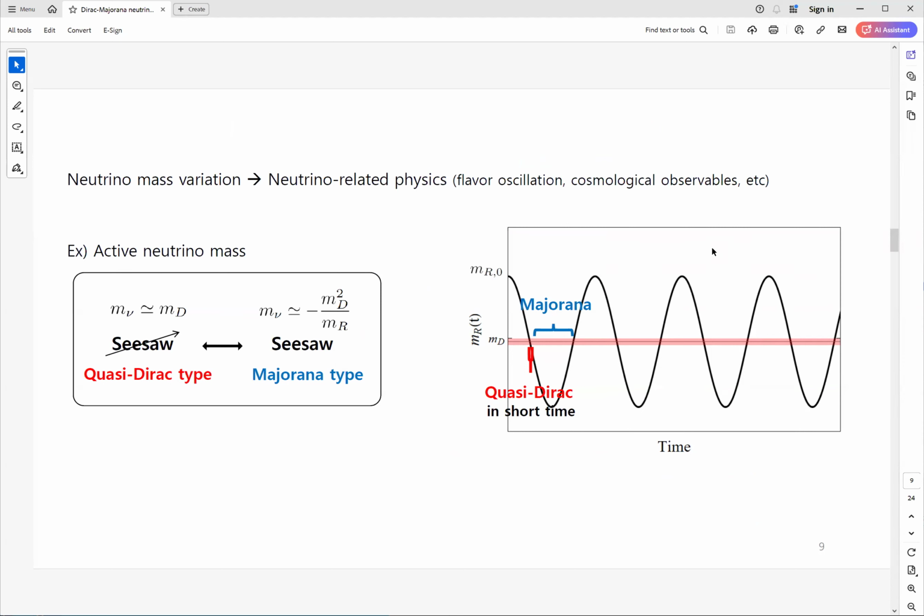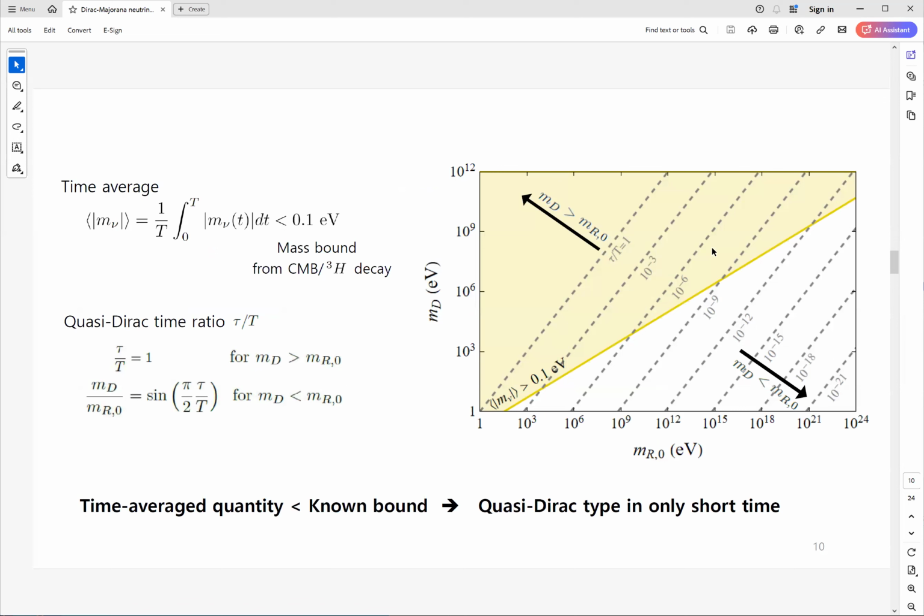For example, the active neutrino mass is given by the seesaw mechanism in the Majorana type, but in the pseudo-Dirac type, such a seesaw mechanism is broken. The active neutrino mass is almost generated through the Dirac mass with a small splitting. So to explain the small neutrino mass with the seesaw mechanism, the pseudo-Dirac type should exist only for a short time in the total period. So we consider a time average analysis. For example, the time average of the active neutrino mass should be less than the mass bound 0.1 electron volt, which comes from CMB data or tritium beta decay experiments. So by using this time average, we